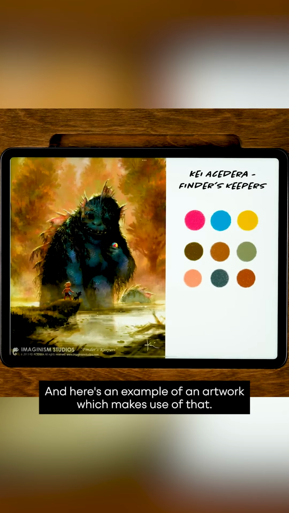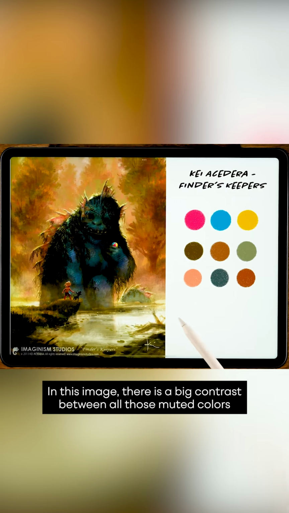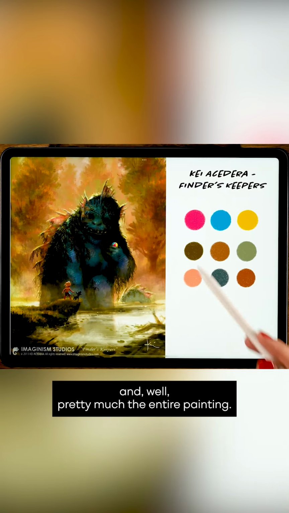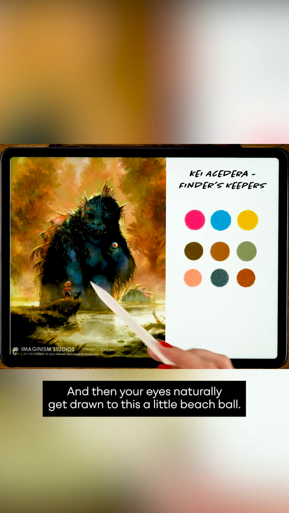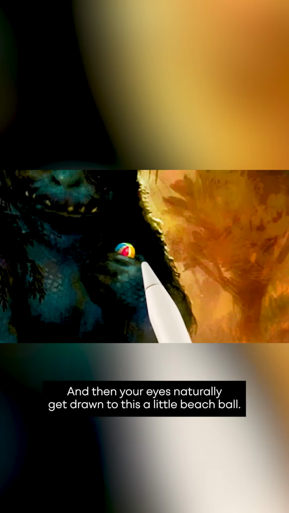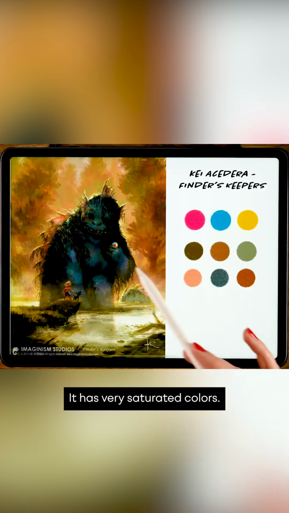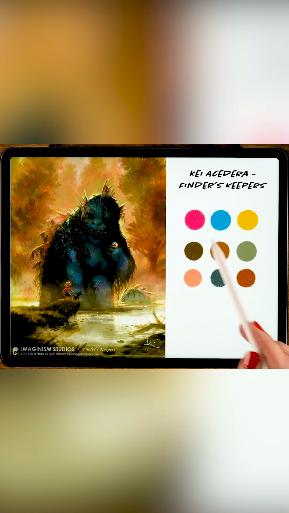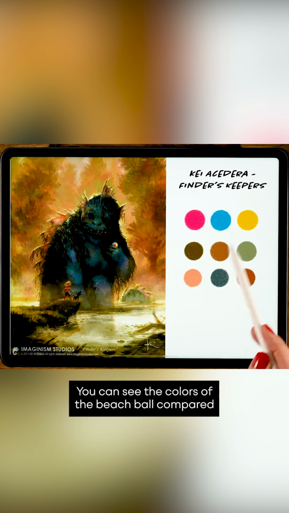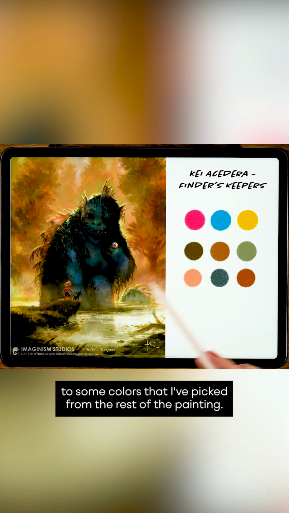And here's an example of an artwork which makes use of that. In this image, there's a big contrast between all those muted colors and, well, pretty much the entire painting. And then your eyes naturally get drawn to this little beach ball. It has very saturated colors. Here you can see the colors of the beach ball compared to some colors that I've picked from the rest